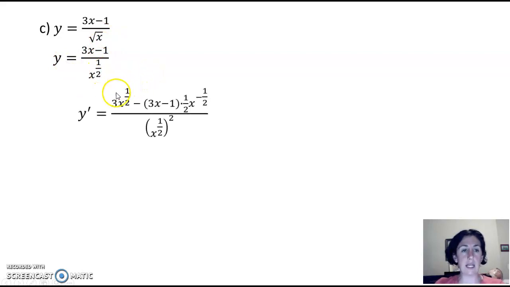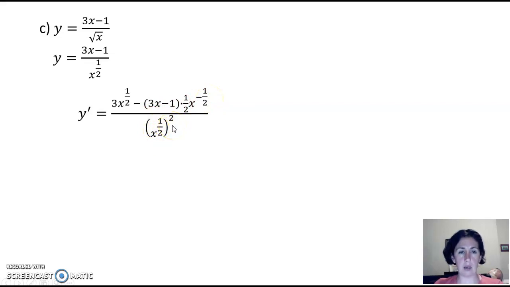Let's do another example. Let's take the derivative of 3x minus 1 all over the square root of x. Again, we have variable over variable, so we're going to need to use the quotient rule here. Anytime you have a radical, we need to rewrite that as a fraction exponent. So we'll rewrite the square root of x as x to the 1/2. And now we'll take the derivative of the top, which is 3, times the bottom, x to the 1/2, minus the top, which is 3x minus 1, times the derivative of the bottom, 1/2 x to the -1/2, all over